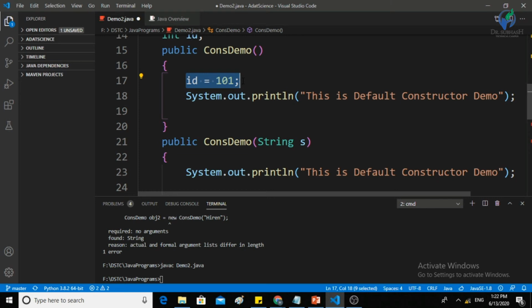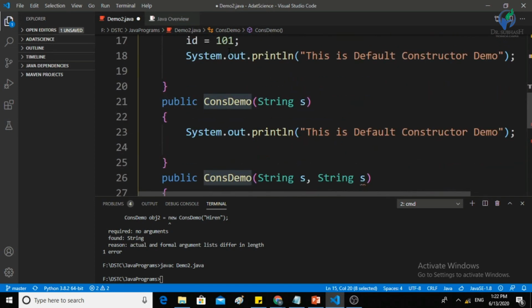This is the way a default constructor is used for primary initialization when you are defining any software application, any game, or anything with Java. When the application starts up, you want to initialize some initial variables for that application. For that primary initialization, you can use constructors.